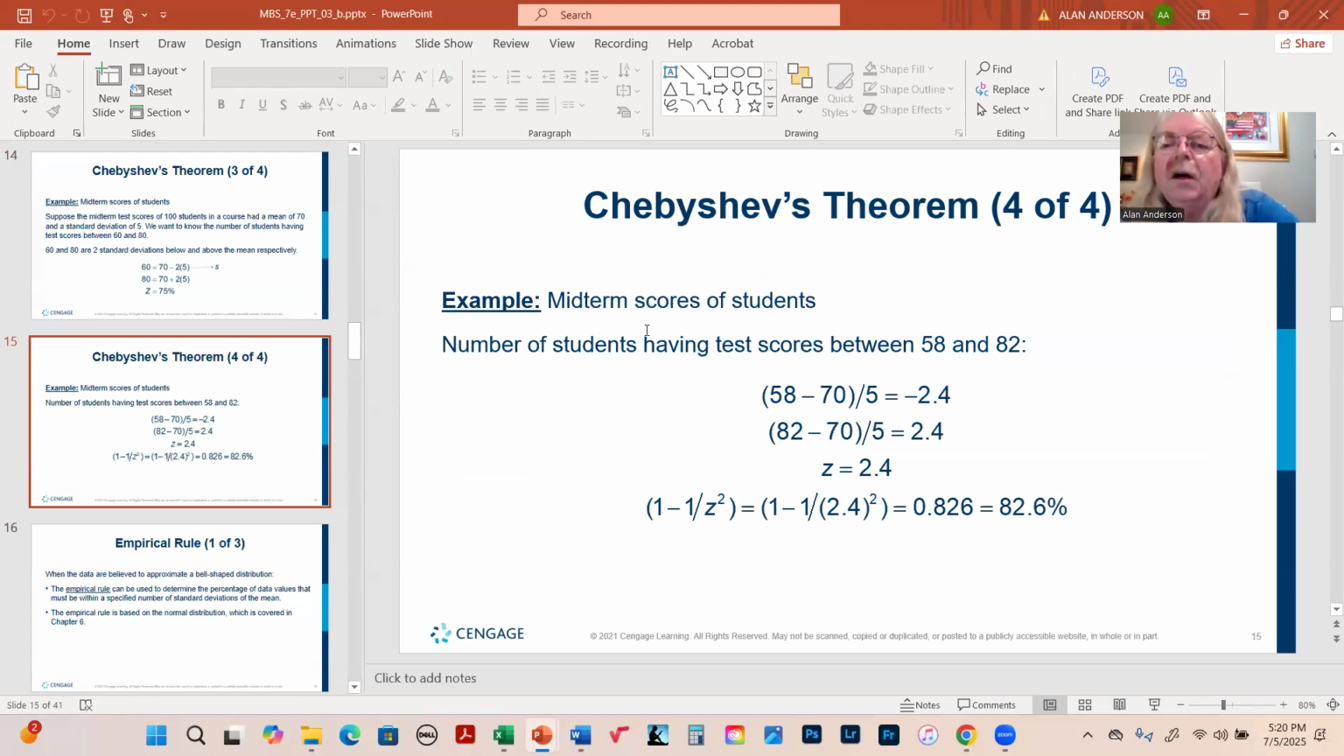Now here, this is a different one between 58 and 82. So if you can see, this is within 2.4 standard deviations of the mean. Now they have a formula here. This is what this is all about. If you don't have an even number of standard deviations, two, three, or four, you can use this formula. So